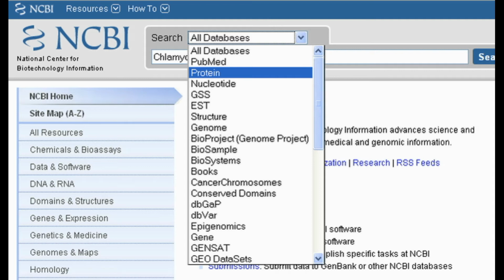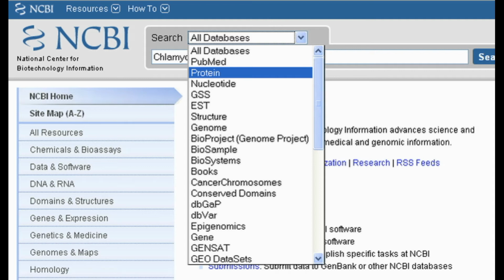Gene provides an interface to curated sequence and descriptive information about genes, with links to the NCBI Map Viewer, Evidence Viewer, Model Maker, and BLink, protein domains from the CDD, and other gene-related resources.